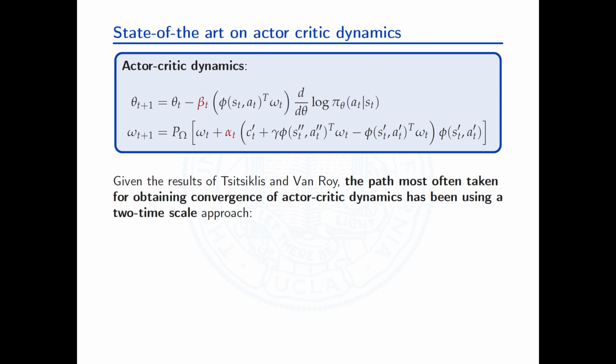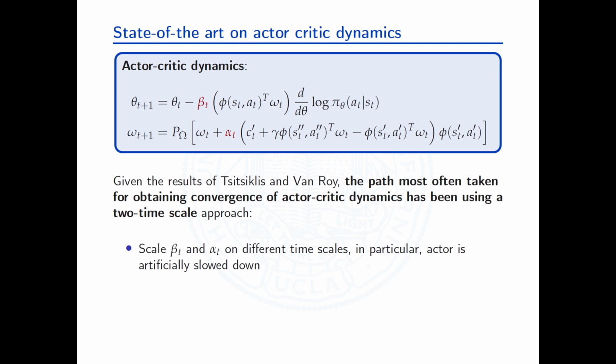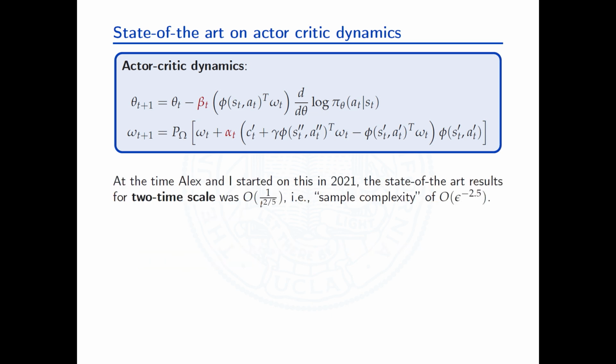Let me tell you a little bit about the path that's taken typically. The path that's taken is to use a 2-time scale approach. You take beta t and alpha t on different time scales. You're going to slow down the actor, and then it becomes what I exactly told you. It becomes SGD with some error. And then you can pull out results from wherever, and you can just say it's going to work. So if you go on a 2-time scale, this is the typical approach for convergence rates, et cetera. Now, let me tell you, when I started looking at this around 2021 with Alex, the best rate